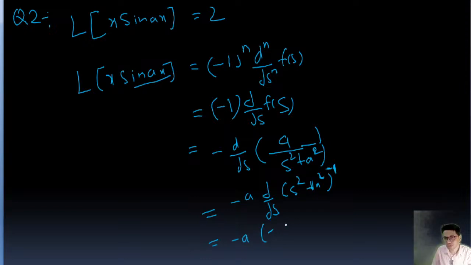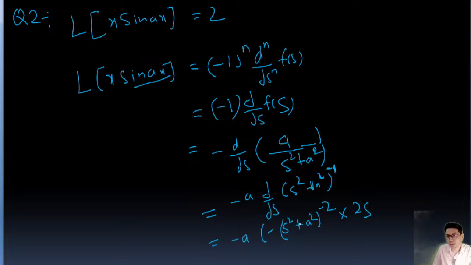So it's s square plus a square to the power minus 2, right? And x to the power n means minus n x to the power minus n minus 1, right? So 1 minus 1 minus 1 minus 2, and then the differentiation of s square plus a square, so this is 2s, right? So this value is going to be,